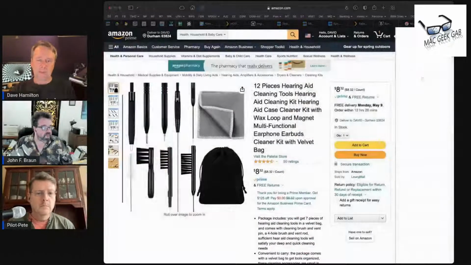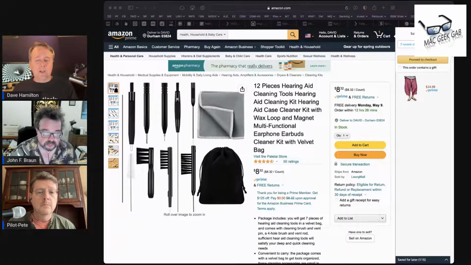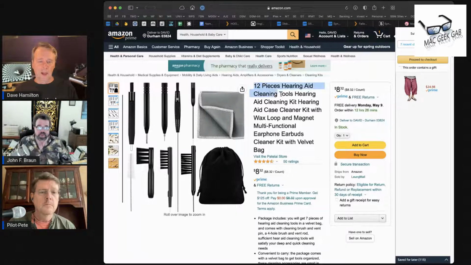I have a bunch of these because they come with my in-ear monitors. Every set of in-ear monitors I've ever gotten has come with one of these loops. So I looked on Amazon for a couple of things. And I found 2 things. I found this 12-piece hearing aid cleaning tool kit. And looking for things to clean hearing aids would be the path to head down. Though, to be fair, not everything that you would use to clean a hearing aid would be relevant to cleaning just AirPods or any kind of earphones or earbuds.